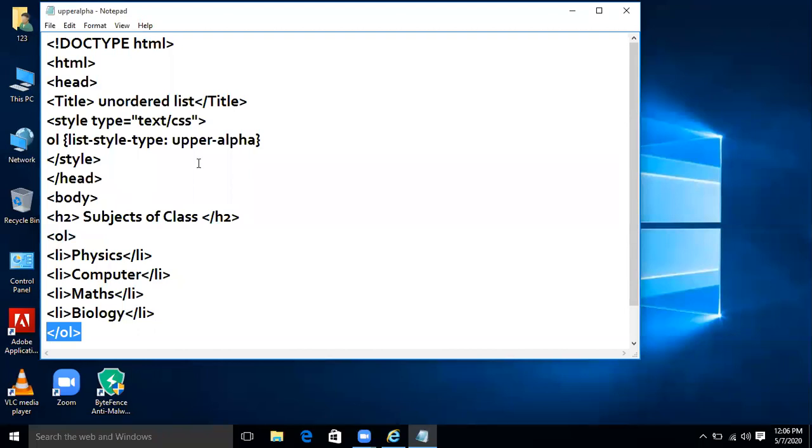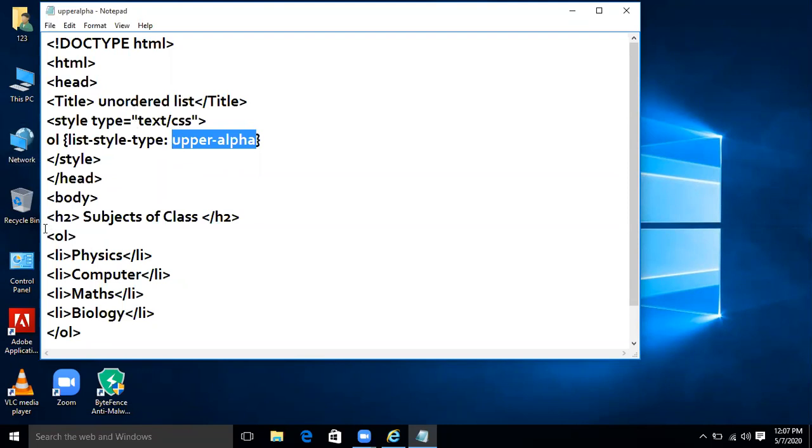Okay. In ordered list. So we have mentioned OL over here, and the list style type we have taken over here is upper alpha. We can change it to upper Roman. We can change it by taking any other type as well.